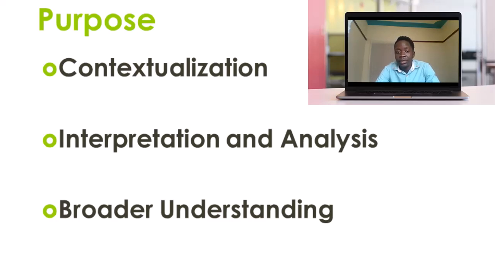The secondary source will help us to interpret and analyze something that we have little knowledge on. Because now, if you have a history of let's say some group of people, when you sit down and read it from a book, you will be able to interpret